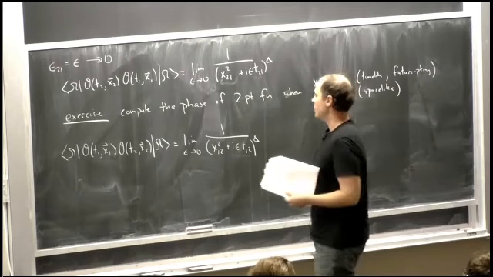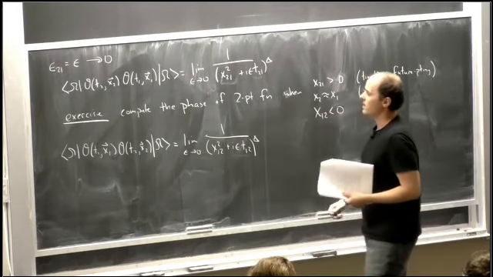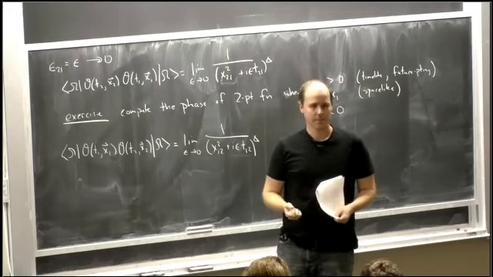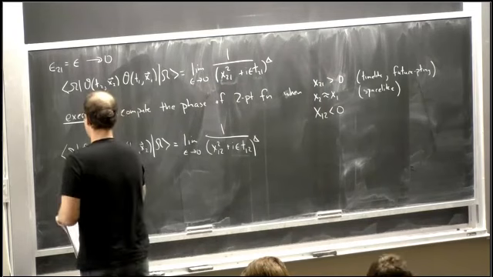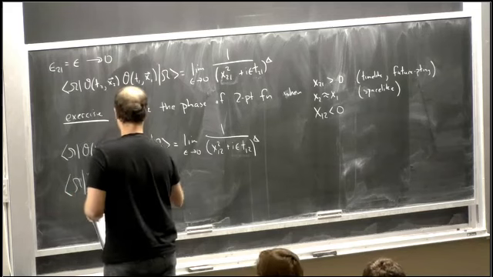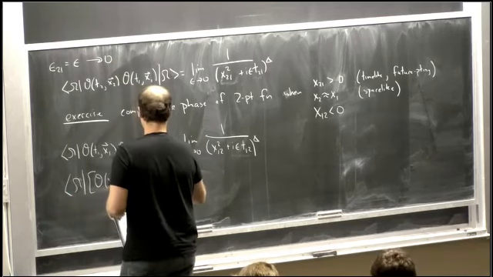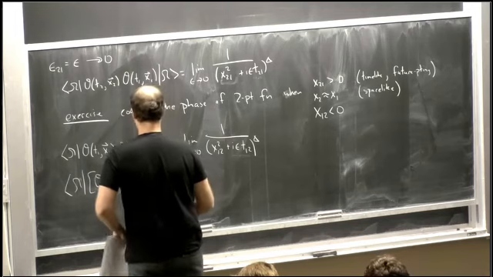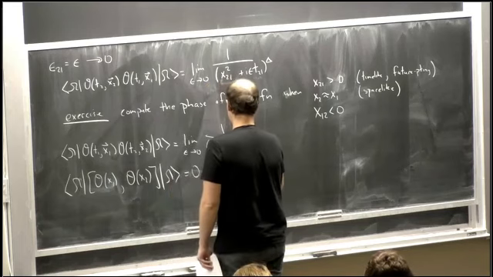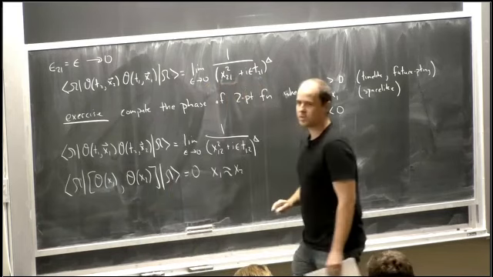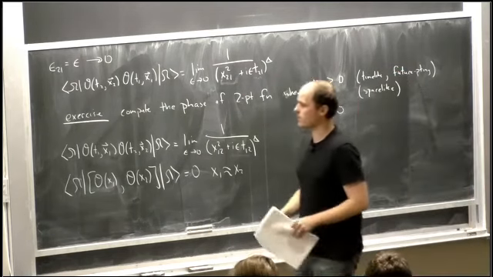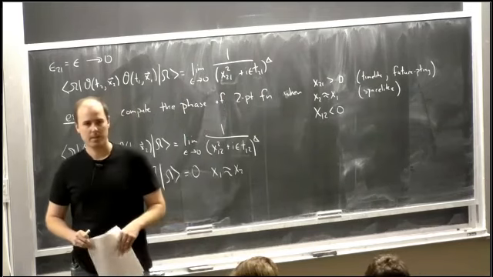Okay? So in particular, one consequence of these two formulas is that these two different orderings in the Wightman function agree with each other when the operators are space-like. And in particular, that means that the commutator of the two operators, at least the expectation value of the commutator, which is what we've computed, vanishes when the points are space-like separated, which is consistent with what you'd expect in a causal theory. Okay? Any questions?